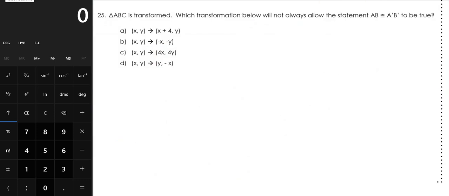Number 25. Triangle ABC is transformed. Which transformation below will not always allow the statement AB is congruent to A prime B prime to be true? Okay, so basically we're asked which one will not be true that AB is congruent to A prime B prime. Well, when is AB not congruent to A prime B prime? Well, whenever a transformation changes the size of something. So you need to think to yourself, when are things not congruent? Which transformation would that be? And the answer is